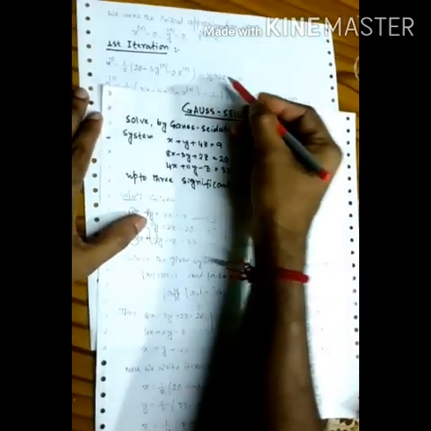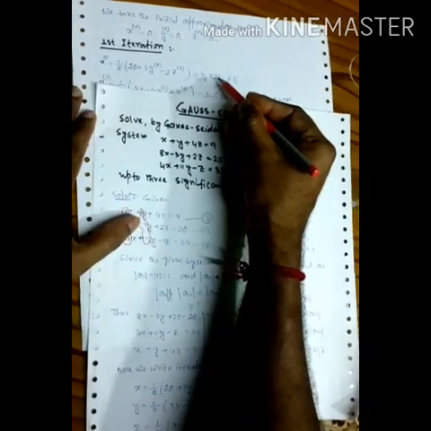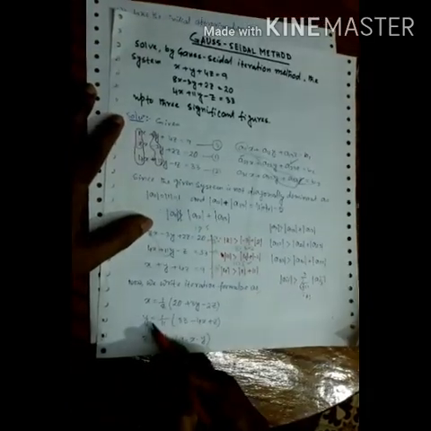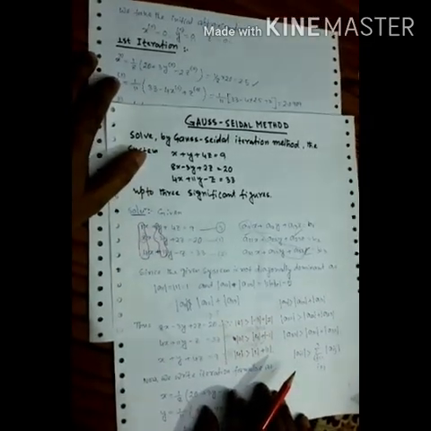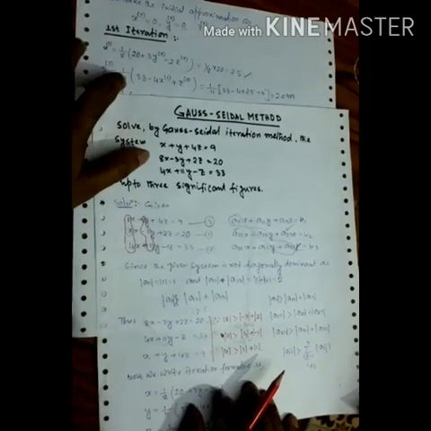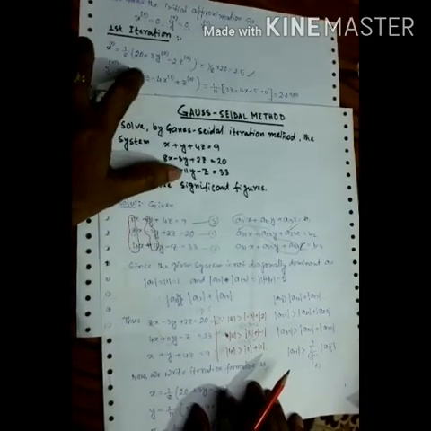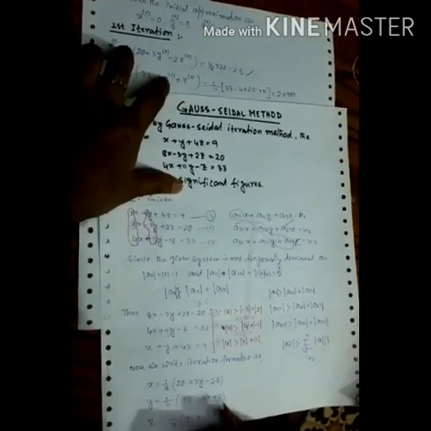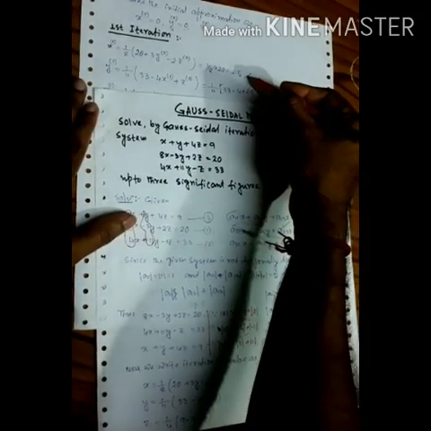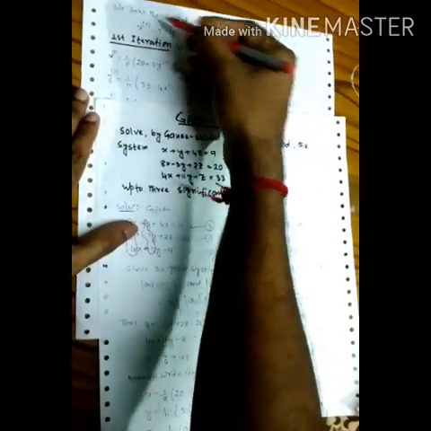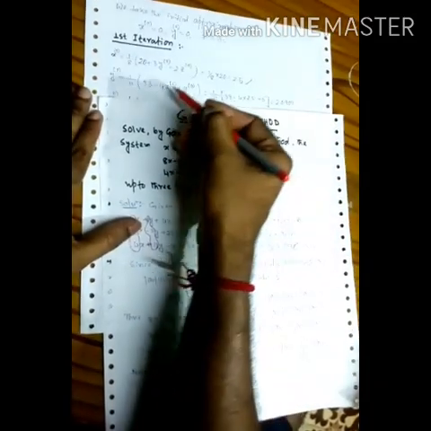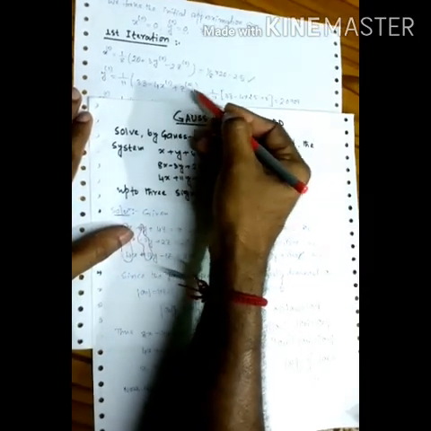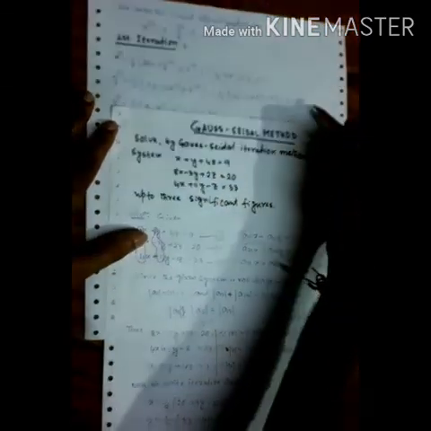Now just put, I think we'll get 1 by 20 by 8, I think 2.50 come, 2.5 come, and go through the second equation. Now here use the power 1, means again first iteration of y, so 1 by 11 minus 33 minus 4 into x at 1 plus z at 0. X at 1 means using the previous values of x, not initial 0. That's why here putting the value of x in previous one. That's why y x at 1 plus z at 0. And now if we calculate, I think this value comes.